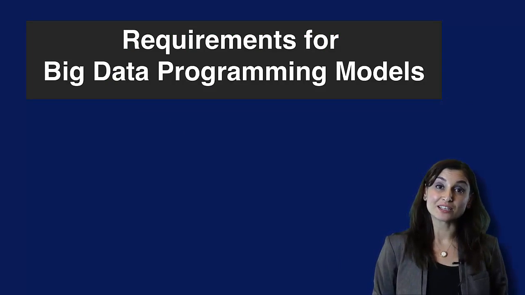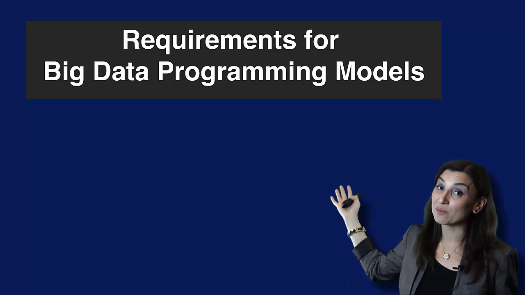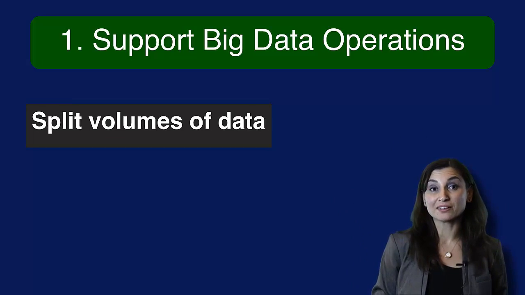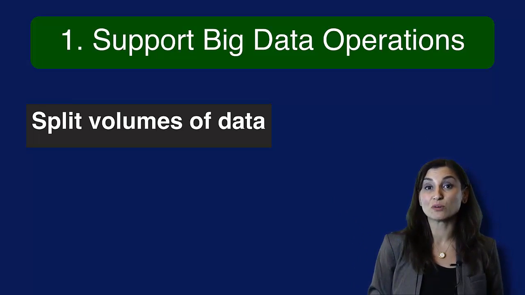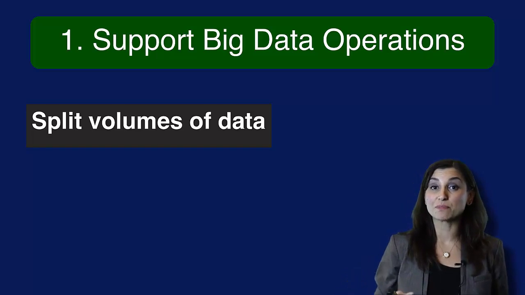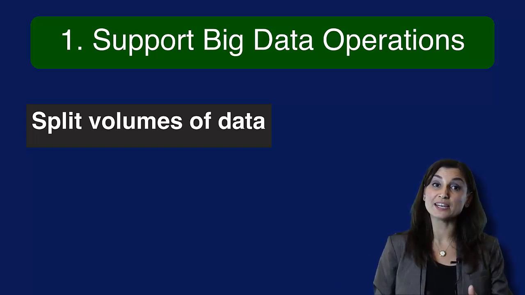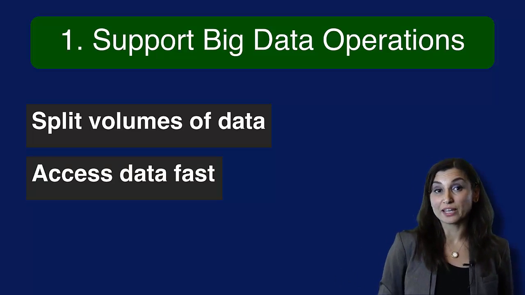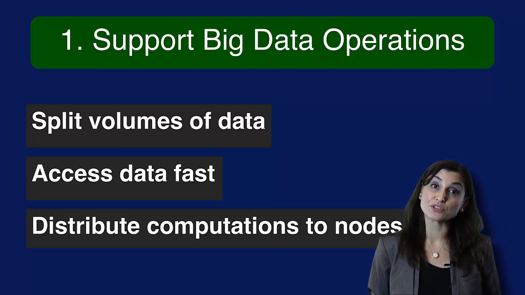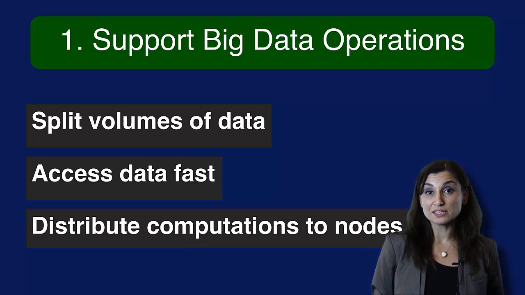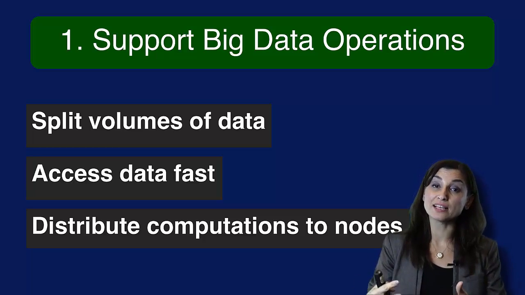Based on everything we discussed so far, let's describe the requirements for big data programming models. First of all, such a programming model for big data should support common big data operations, like splitting large volumes of data. This means partitioning and placement of data in and out of computer memory, along with a model to synchronize the data sets later on. The access to data should be achieved in a fast way. It should allow task distribution to nodes within a rack, and these are potentially the data nodes we move the computation to. This means scheduling of many parallel tasks at once.